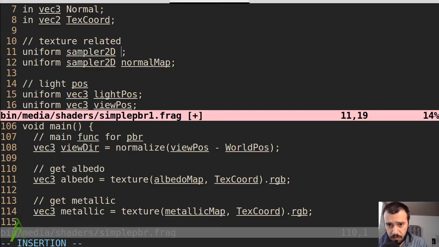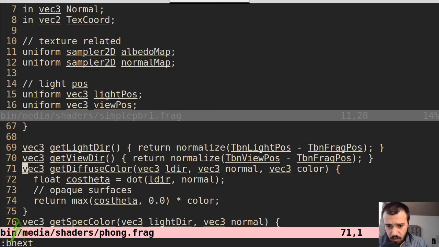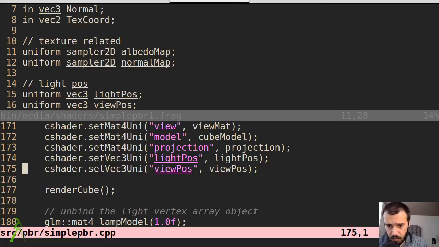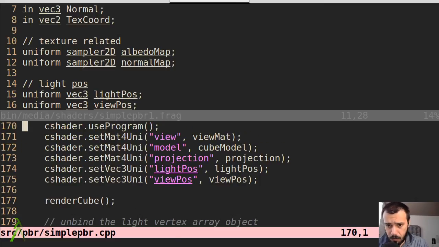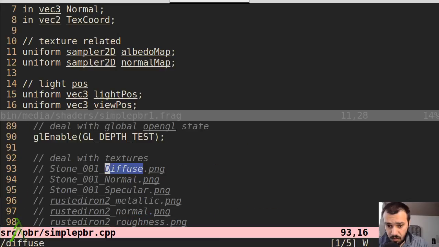Diffuse map changes to albedo map. We change the CPP code right away to correspond to it. Now that I'm basically paranoid about not breaking stuff,